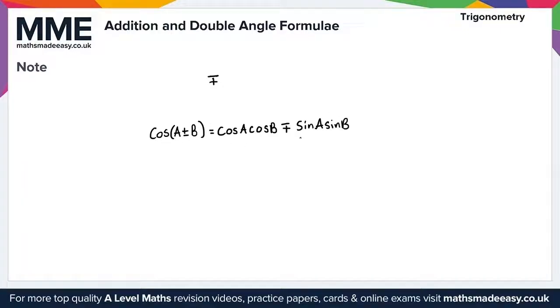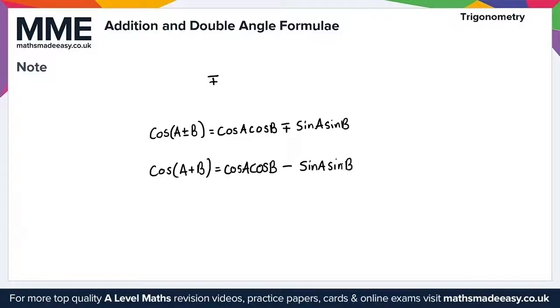So how do we use this symbol here in relation to our plus or minus? Well, the way these symbols work here is that if we take the top symbol, so this plus here, when we're doing cos of A plus B, then we also take the top symbol on this minus or plus. So if we take the plus, this is cos of A plus B, and this is simply giving us cos A cos B minus then, because we took the top symbol, so this is minus sine A